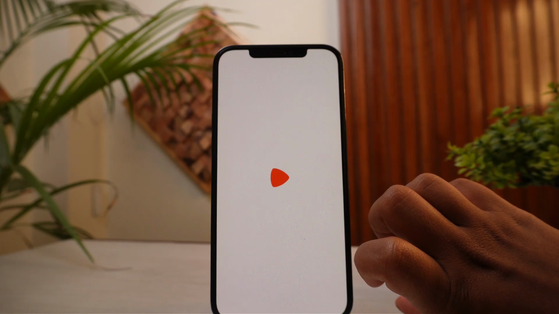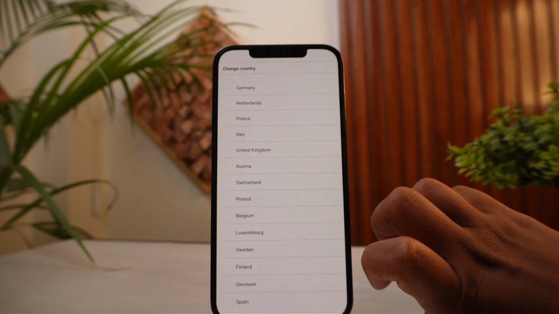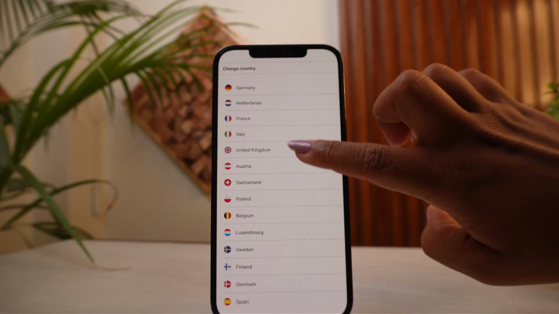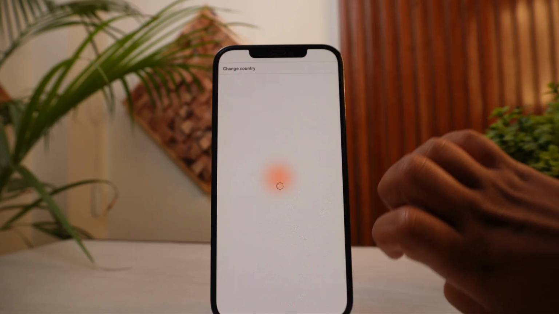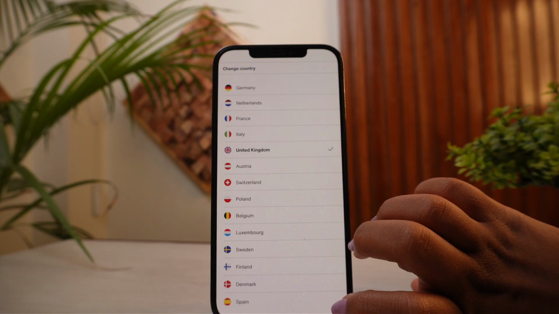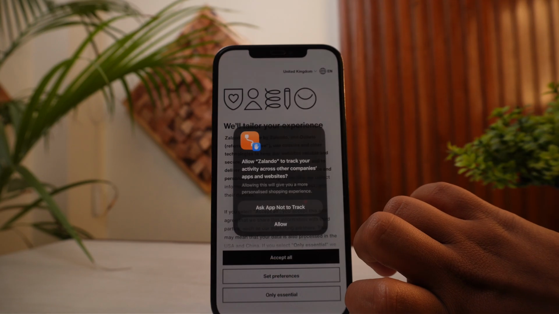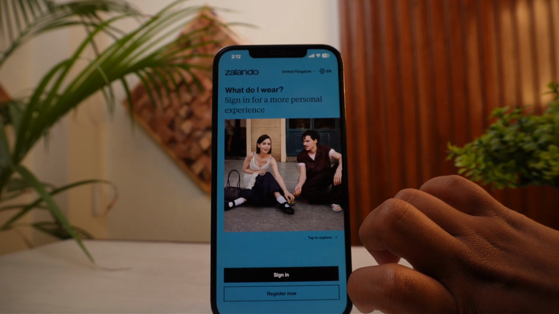After opening the application here, make sure that you remember all of the credentials of your Zalando account, right? So you can first of all select your exact country, and after selecting your country, like I said, all you need to do is write in all of the credentials of your account. So after doing that, here you can simply accept all of the credentials of Zalando,